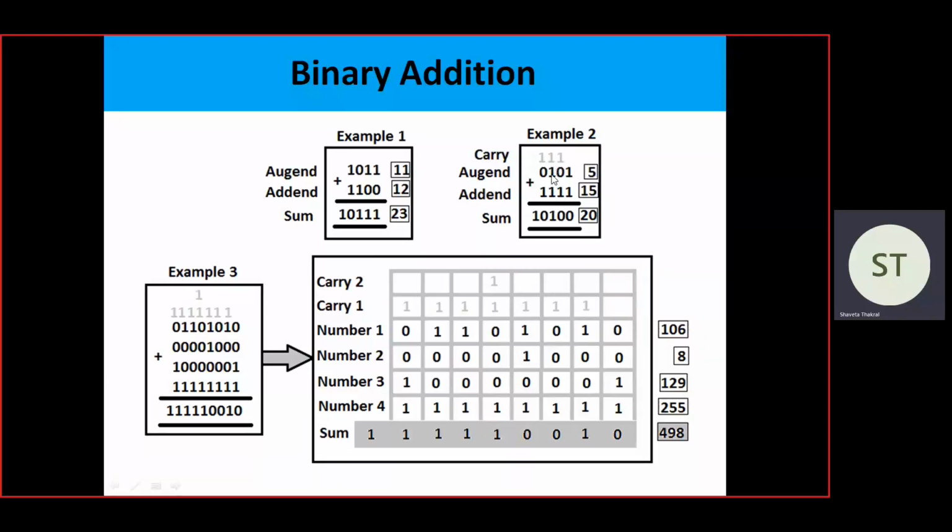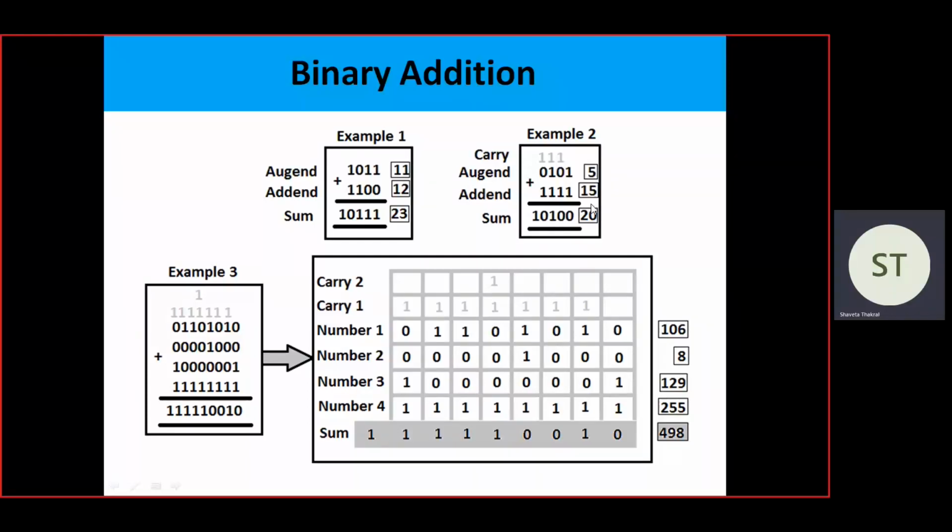So 1 plus 1 is 0 with carry 1. So that carry is written at the next bit position. So 0 is added with 1. So here we have result 1. Now we have to add 1 with 0, that is 1, and 1 plus 1, that is 0 with carry 1. So finally we get the sum as